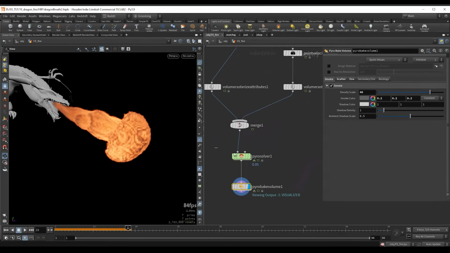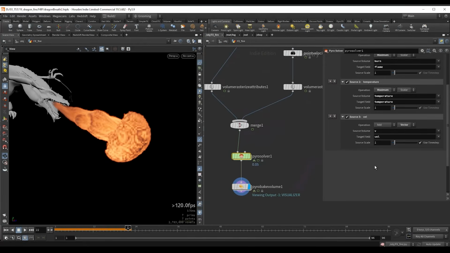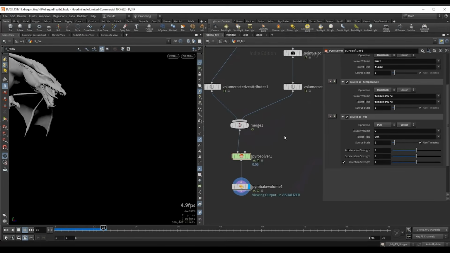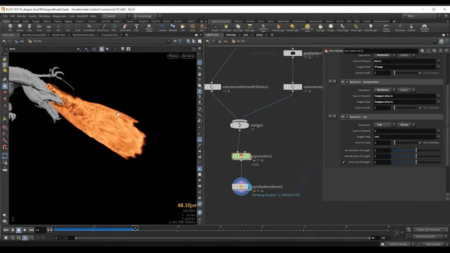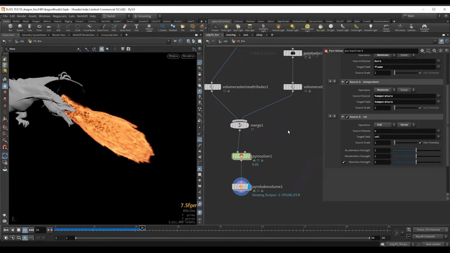So what we can do to fix this is go back to our sourcing here, in our sourcing tab, and instead of adding our velocities, we can pool them. So this pooling is sort of like a blend. And when we are working with vectors, we will have to turn on the direction strength here as well. And now the default settings for this, if I play the simulation, now we won't really have enough velocities, but we can see that we got rid of that mushroom cloud, but now the flames are not really being pushed enough by our particles.